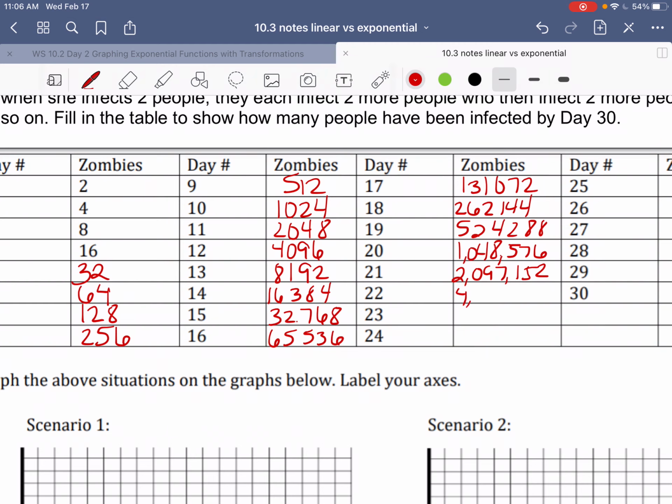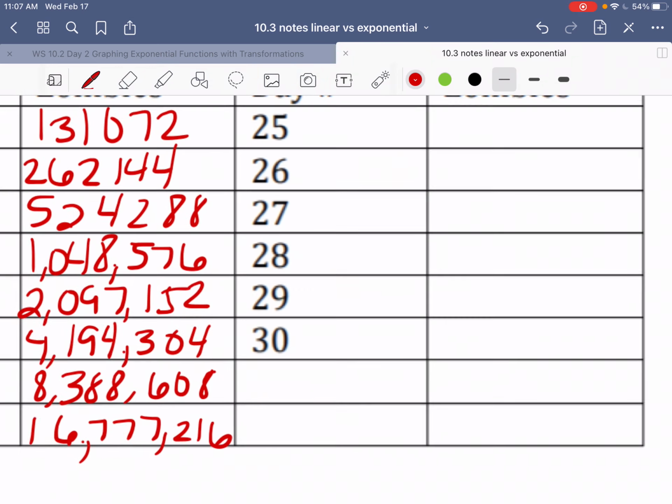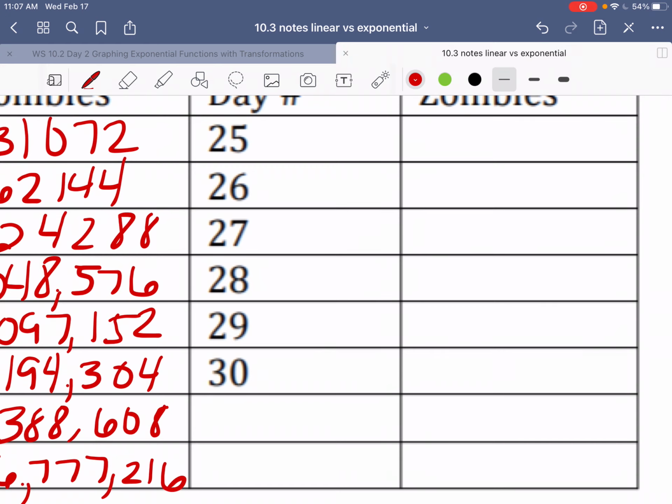It's at 4 million. So just me infecting those few people, the fact that they were able to infect more people is making the zombie strain clearly grow out of hand. Now I'm at 16 million. I'm not even done yet. So day 25. Zoom in a lot so we can see